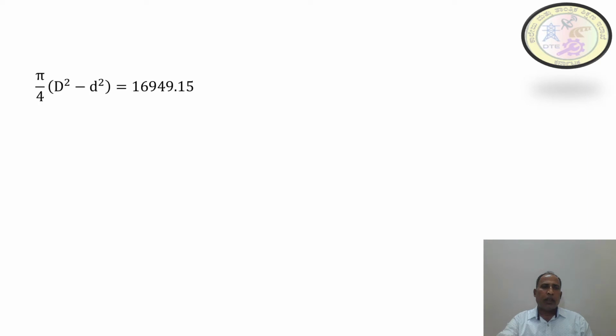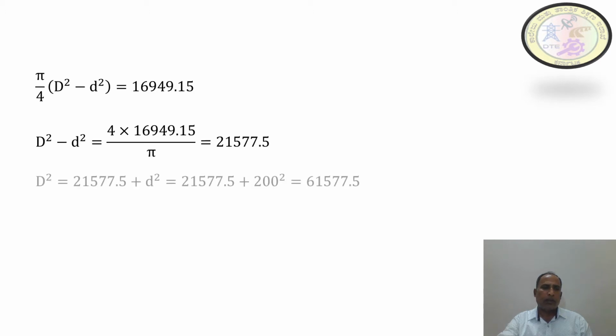As we know, the cross-sectional area of a hollow bar or a hollow cylinder or a hollow section is pi by 4 into outer diameter square minus the inner diameter square, that is equal to 16,949.15. Therefore, capital D square minus small d square is equal to 4 into 16,949.15 divided by pi. After calculation we will get the value